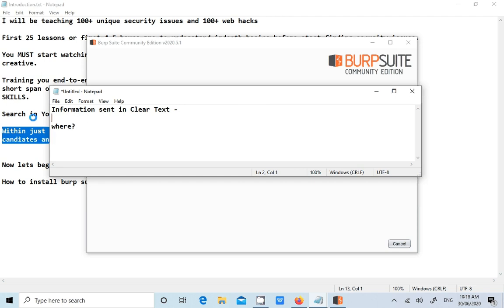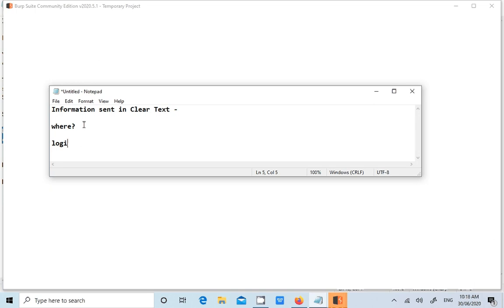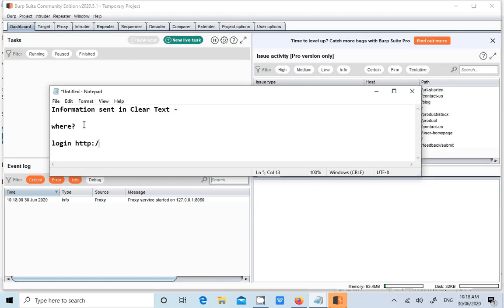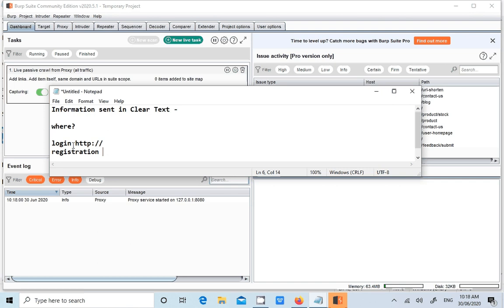Let's say there is a login page sent over the HTTP protocol, then it's a security issue, because username and password are sensitive and they are not encrypted while being sent to the server. And what if the registration page is sent over HTTP? Yes, that's also an issue, because some registration pages contain email address, passport number, phone number. These are also sensitive information fields. Whatever is personal to you should be encrypted when sent to the servers.